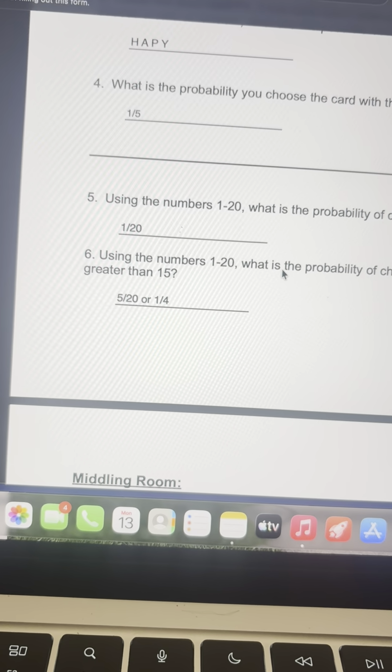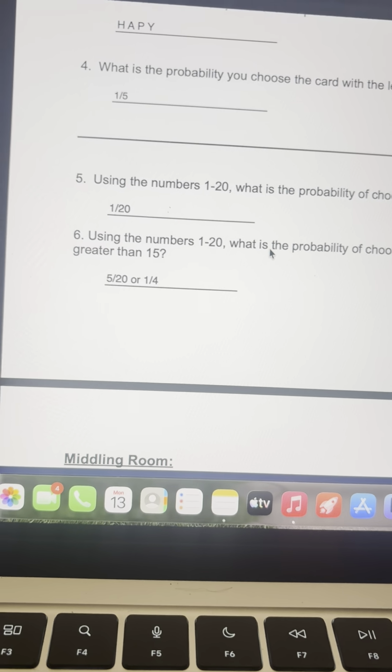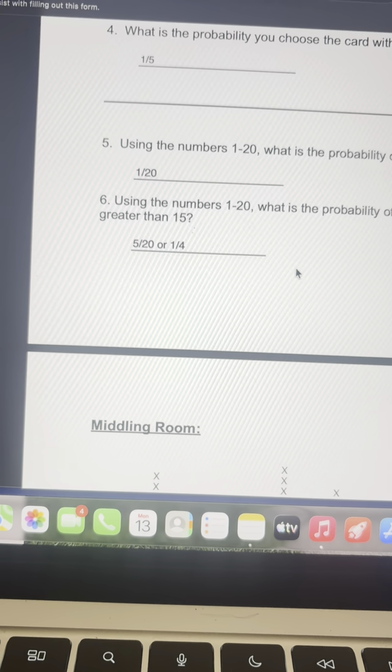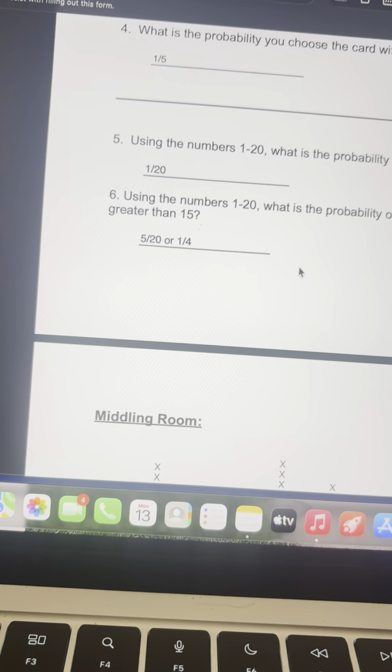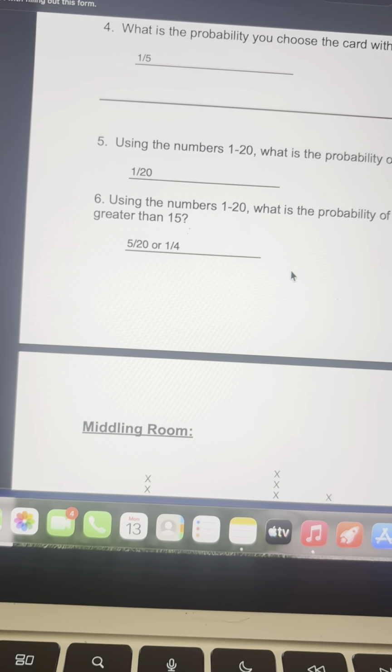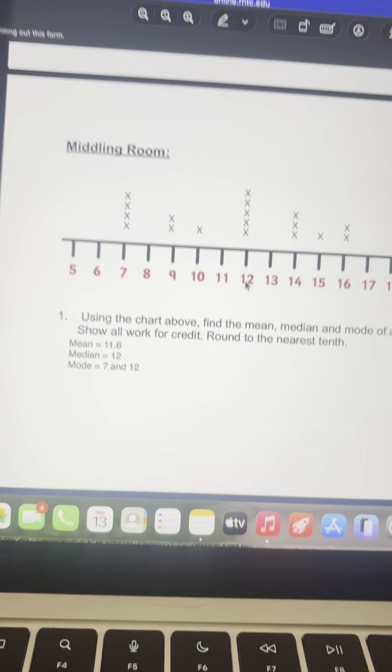The probability of choosing 6 using the numbers 1 to 20 is 1 out of 20. And the probability of choosing a number greater than 15 is 5 out of 20, or simplified, 1 out of 4. Then moving to the middling room,